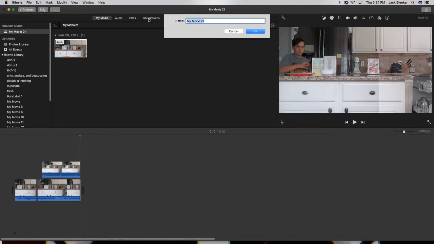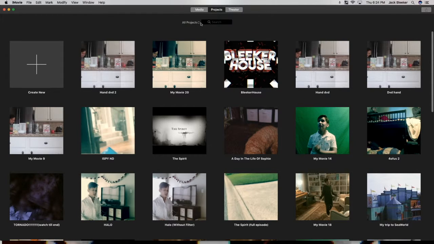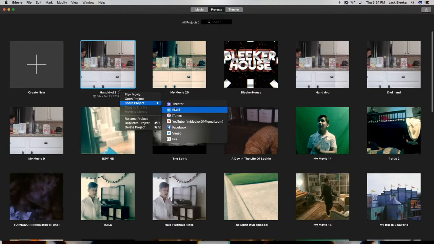And so now we go to projects. I'm going to name this something like hand DVD, because with DVD cases, I usually just use keywords. You're going to come over here. So as you can see, there was that line of mess ups, and so it's a different color here. So if you want to take care of that, you can come over here, click this button, come over here,